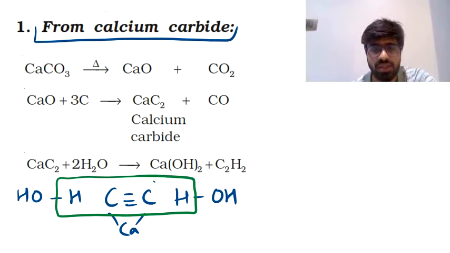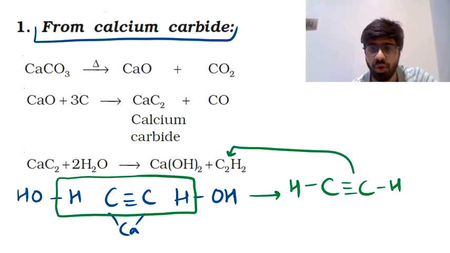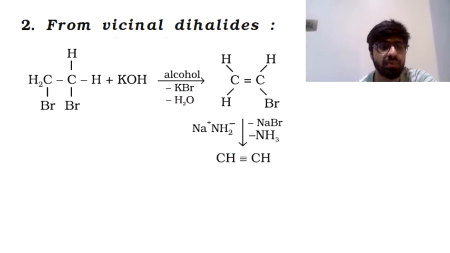So that forms C2 and H2, that is basically acetylene. So this is giving you C triple bond C, single bond H, which is acetylene, that's right here, or you can call it ethine. And the other part, that is calcium and the two OH groups, are going to go together and that forms calcium hydroxide. So that's one way by which you can imagine the reaction, and it just helps you in memorizing the reaction for a longer period of time. So ultimately that's the reaction by which you are forming ethine from calcium carbide.